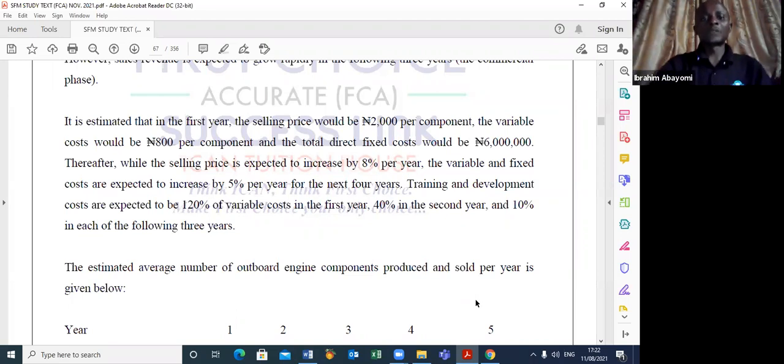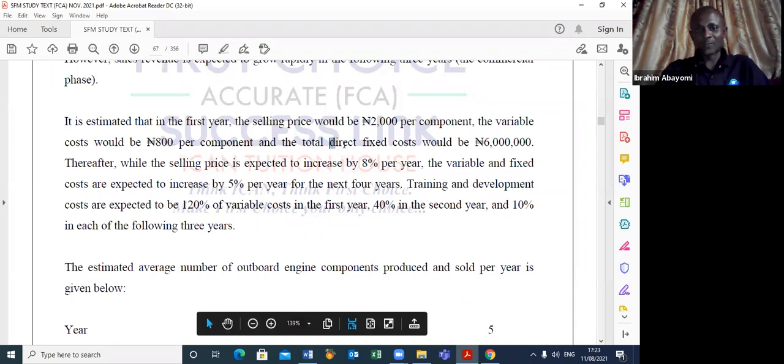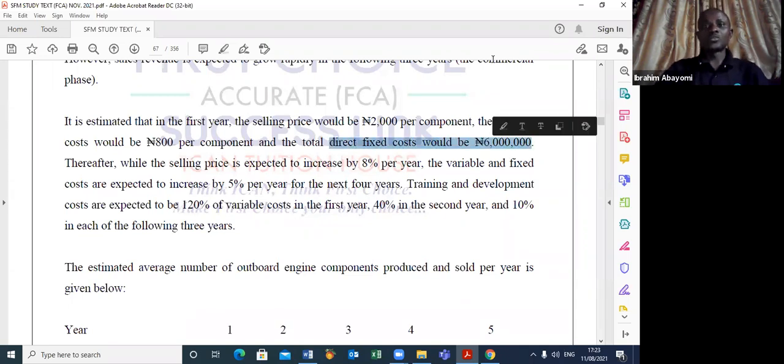So the selling price will be 2,000 naira per component. The variable cost will be 800 naira per component. And the total direct fixed cost, please take care of this name. Direct fixed cost. Normally fixed,